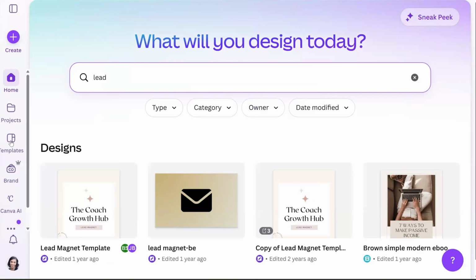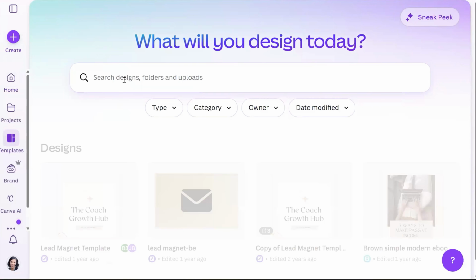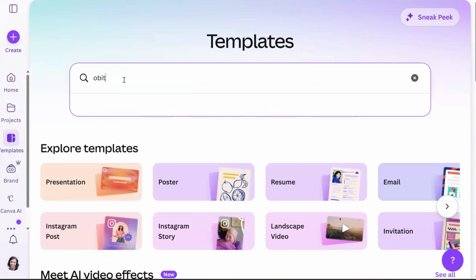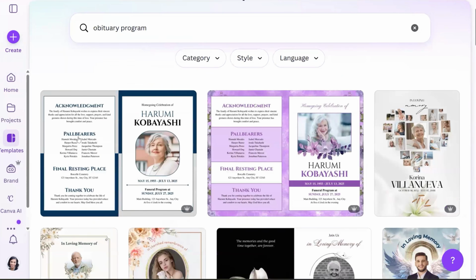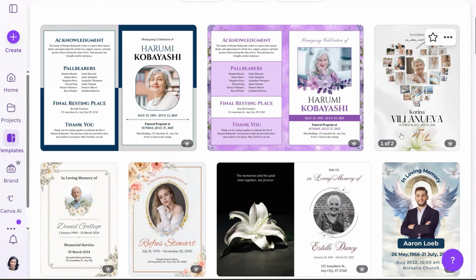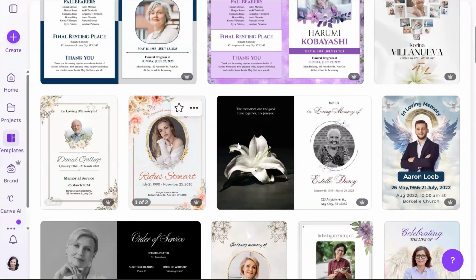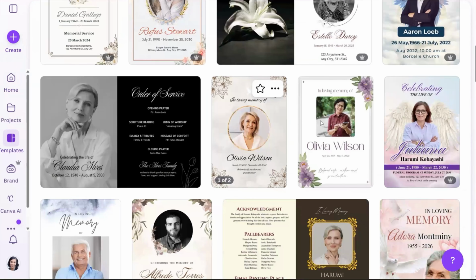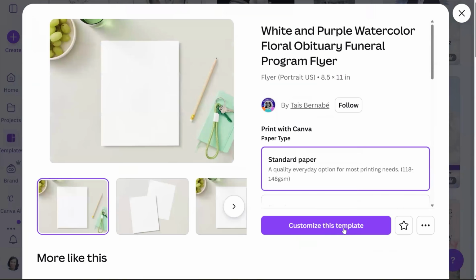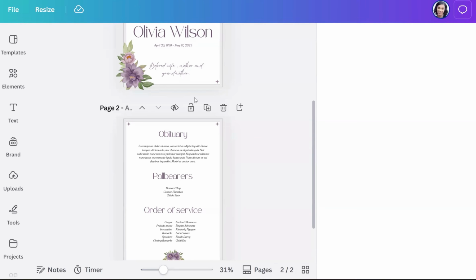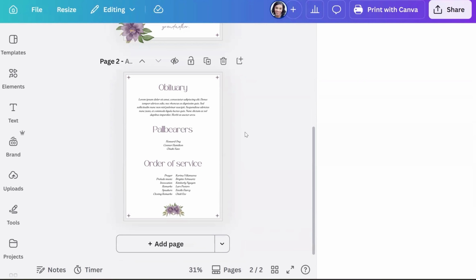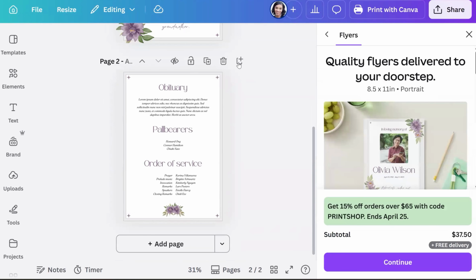Most are 2 pages or a couple more. Now, a quick way to do this in Canva is if you just go over here to templates, and then you put in obituary program, you'll see what comes up. And it'll say like 1 of 2, so it's showing you that these are just 1 or 2 pages. And so one quick way, you can go to the one that you like, choose this one, and then go to customize this template. And then most obituaries are just kind of filled with pictures inside. And so one cool thing that they have inside it is, so this is the order of services, and then you can just go and add a new page